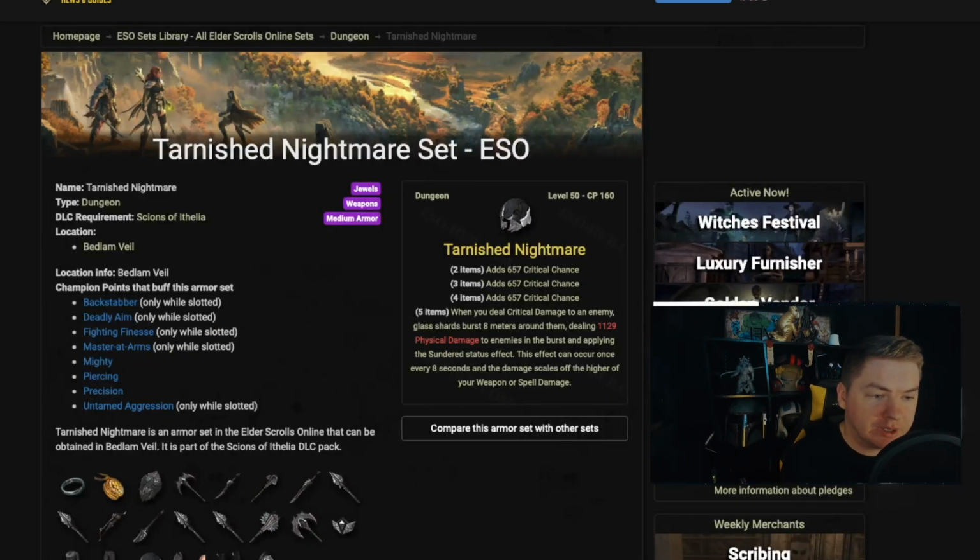And now to our quick mention of a really popular dungeon set before we pivot to our normal crafted or cheap Overland sets, and that's Tarnished Nightmare. We have to talk about it because it is so popular. It's being nerfed to actually give us a 1 to 2 second delay. It gives you 2, 3, and 4 pieces of crit chance, and on 5 piece, when you do critical damage to an enemy,